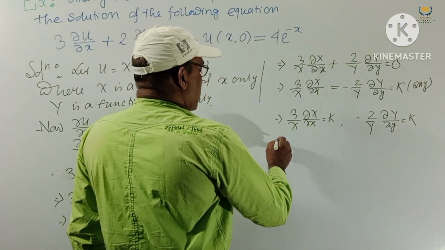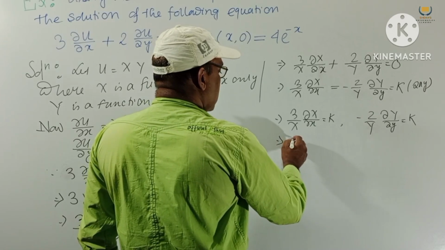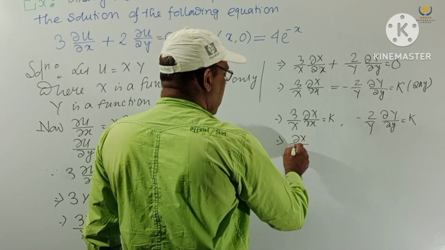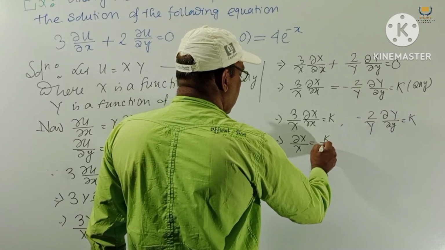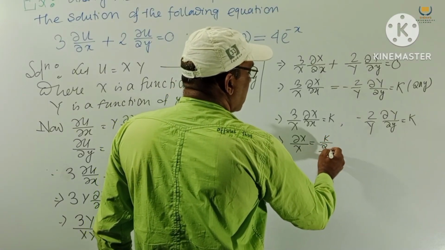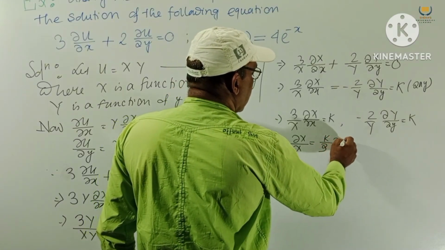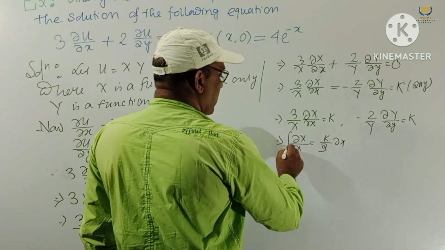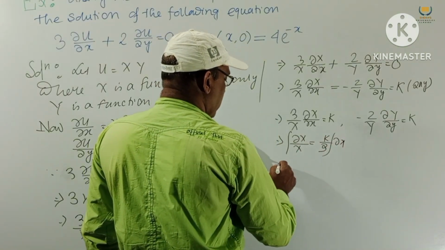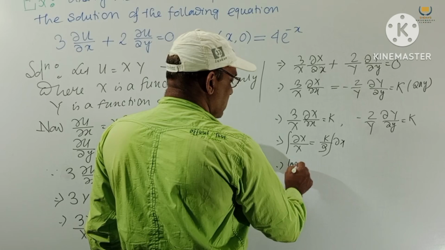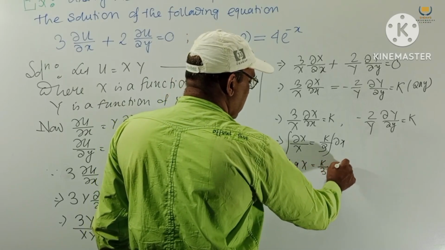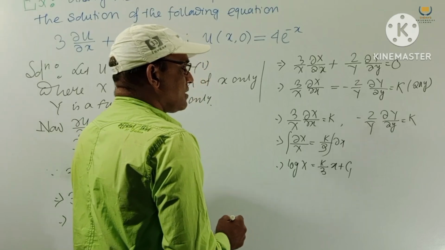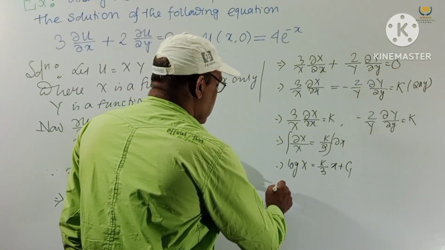So this implies del X by X equals k by 3 del x, and if we integrate this,